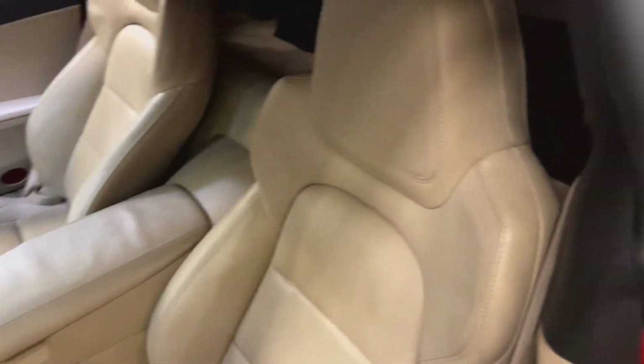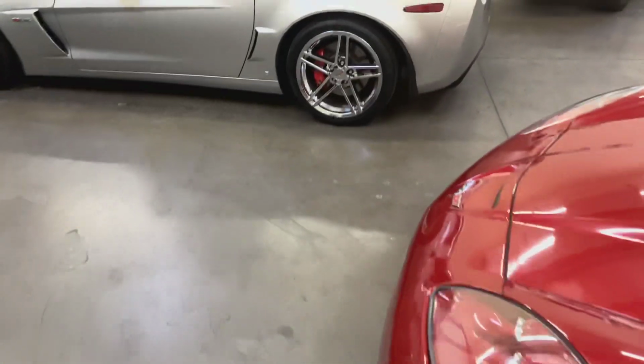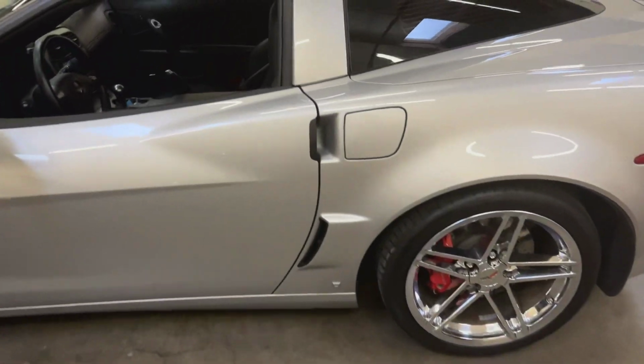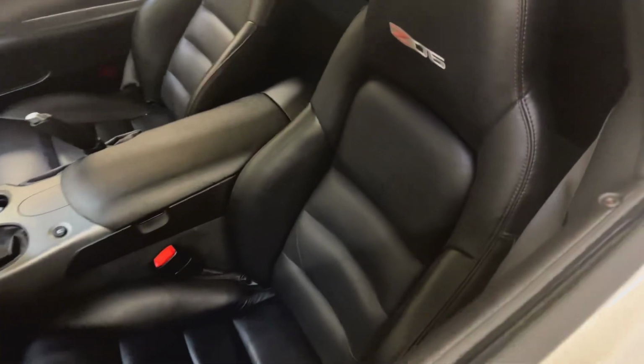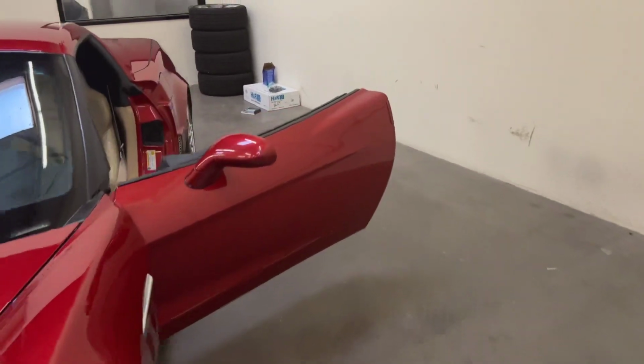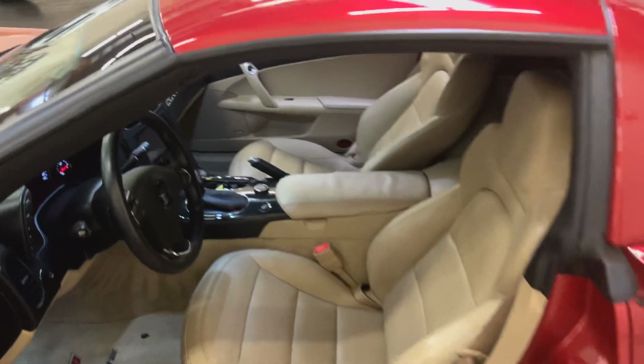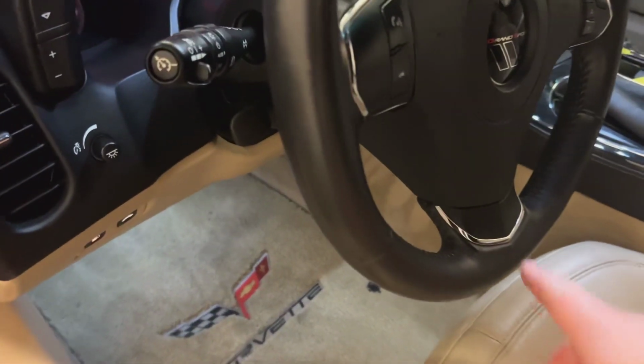So this is again a 2012. They have a little bit nicer looking seat. So this is how they look. Versus prior to that, this is what the seats look like on the 05 through 2011s. So a little bit nicer seat in these cars. Steering wheel is a little bit different. It's the same, but it's not. They added the kind of chrome stripping